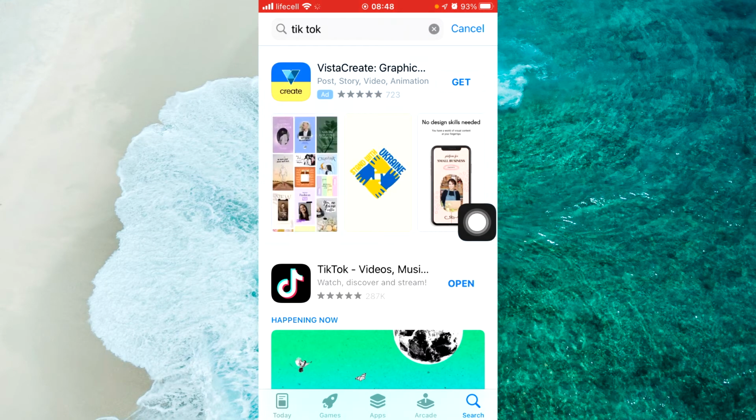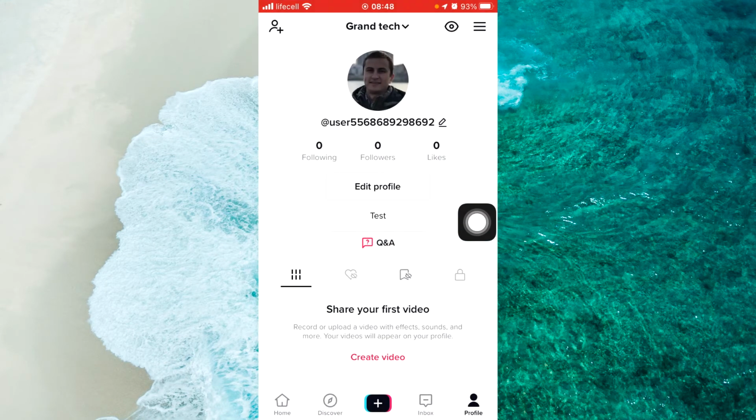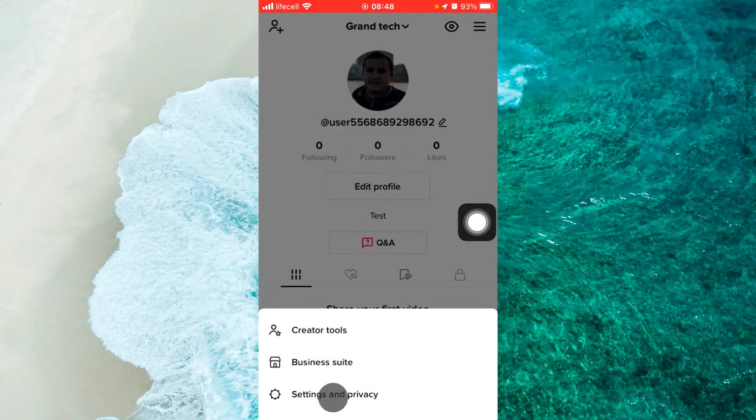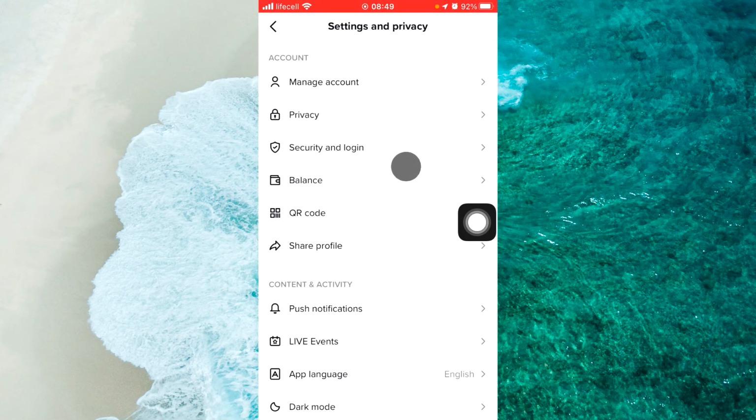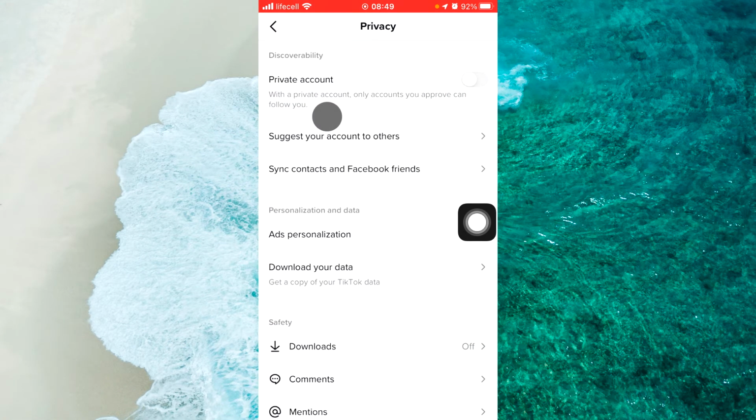So next step, open up your TikTok app, then go to your profile, open main menu, tap on three lines at the top right corner. From pop-up menu, tap on settings and privacy, then tap on privacy and make sure that you have public account,